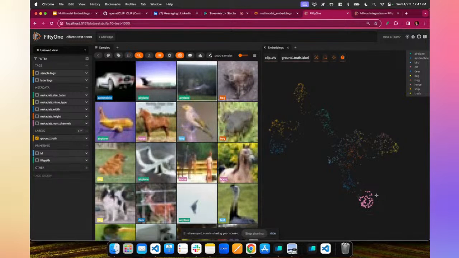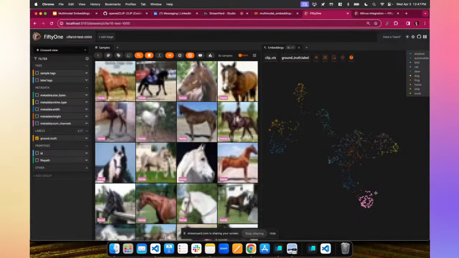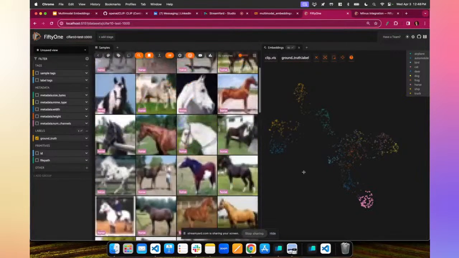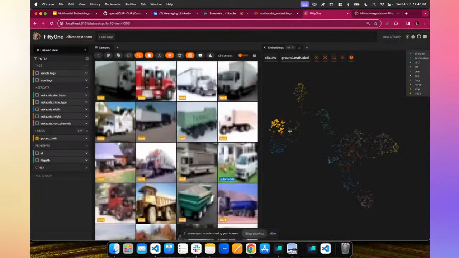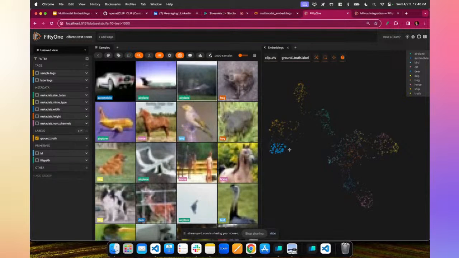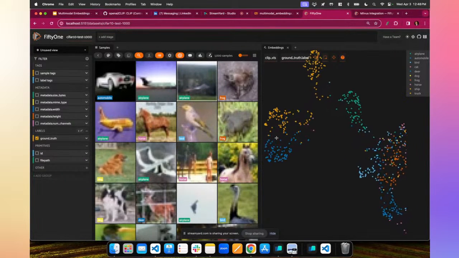And what I'm doing here is I'm clicking, and then I'm dragging, and then I'm releasing my mouse or keypad hold. And we can see this is the horses. And to get out of that view, I'm just hitting the escape button. But we have two clusters that are pretty close to each other over here. So what are they? We have some trucks and we have some automobiles. So the model CLIP is saying that the semantics of a truck are pretty similar to the semantics of an automobile, which I would be inclined to agree with.